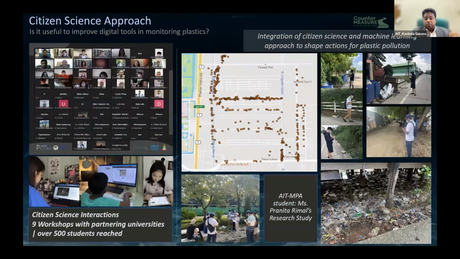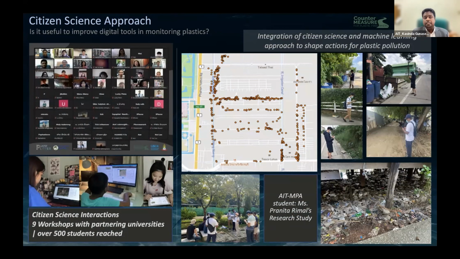And during the workshop, we reached out to over 500 students to disseminate these initiatives and also get inputs for these models. And also some students from AIT, the Marine Plastic Abatement Program, started to show interest. They wanted to evaluate whether these tools are really useful, any difficulties, and how to improve.